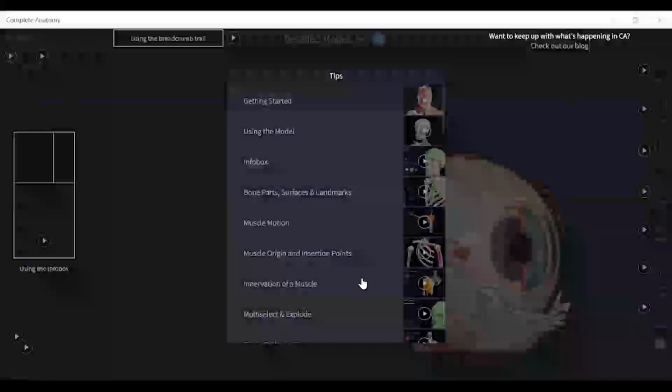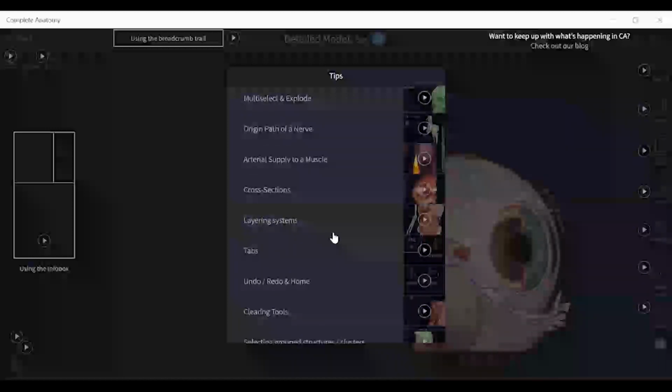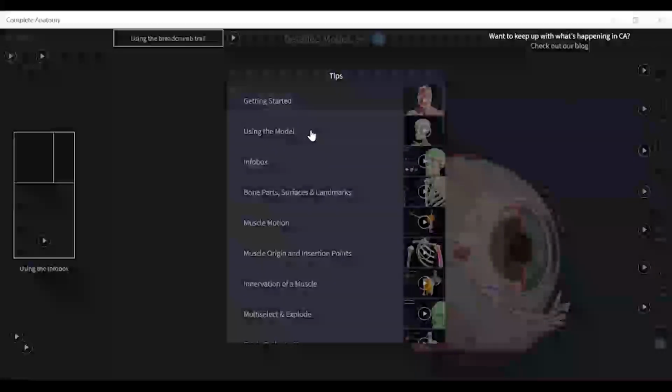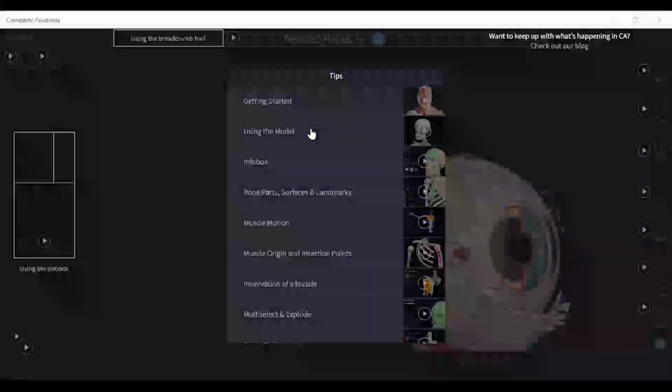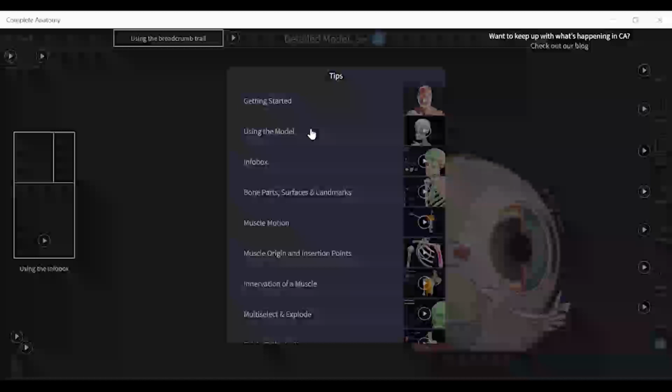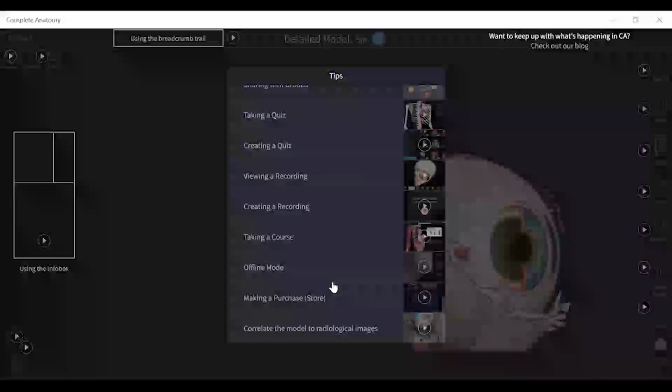If I go to the tips here, you'll see that most of the things, like how to go about this model, have been explained in great detail. The only thing is we need to sit and spend some time so that you get accustomed to using this model. It was really nice learning about this, and it's given a totally different angle to learn the anatomy. That's what I feel.